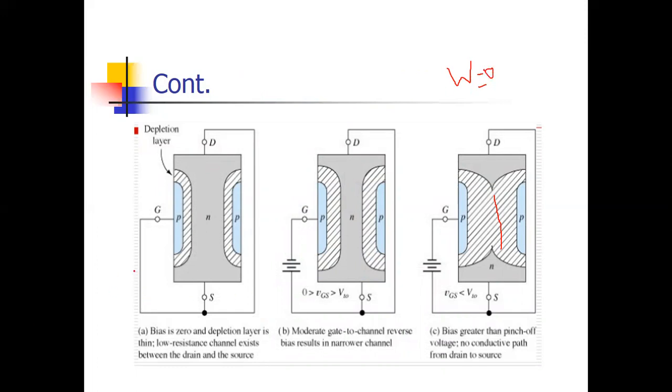This is the condition when there was nothing at the gate. The channel is wide. When you apply some voltage at the drain, current starts to move. Then when reverse bias is applied at the gate, the depletion region increases and the channel is not there, meaning the width is 0, but again due to some barrier potential, current will flow. So there is no conductive path, that is true, but due to barrier potential, that current will be constant. It means the maximum current that occurred last will be there. That will not become zero.